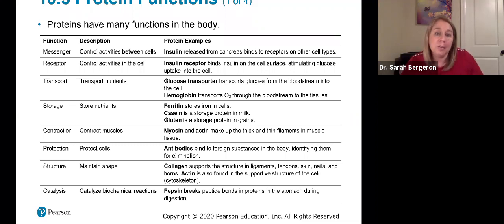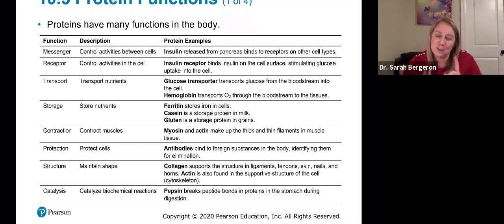So maybe you've taken things in and now you need to store them. So in order to store nutrients, you have a couple of different things. You have ferritin. Ferritin will store iron inside of our cells because iron is a really important ion inside of the cells. Casein is a storage protein in milk. Gluten, we talked about, as a storage protein in grains. My favorite,